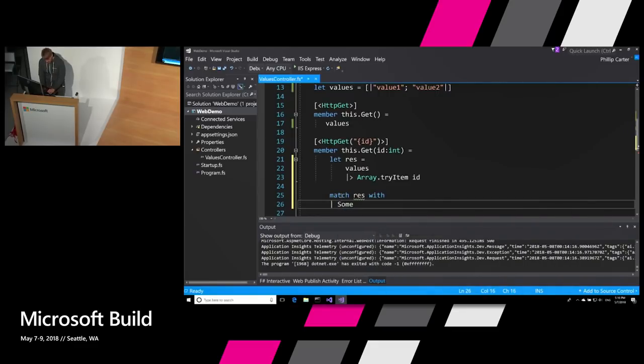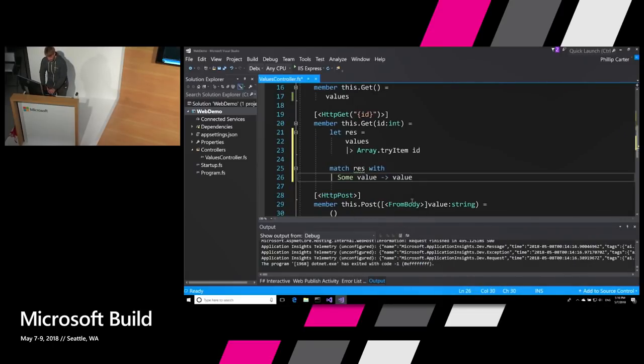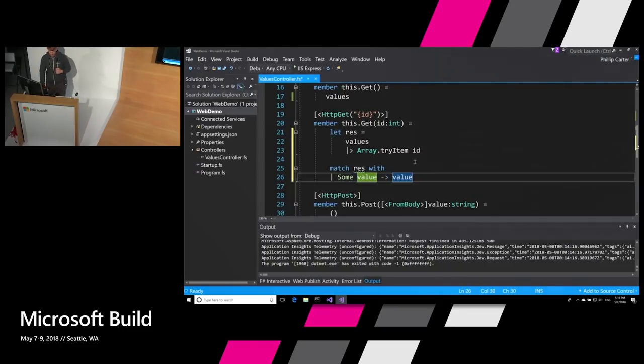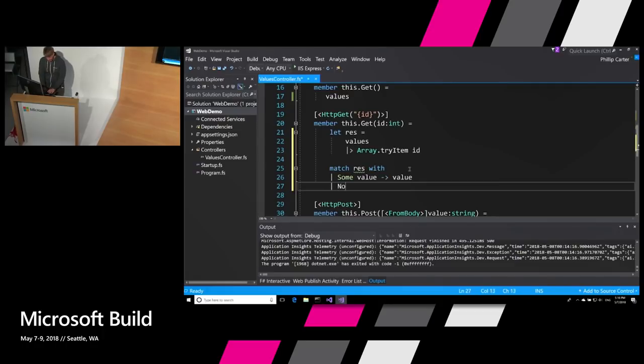So Some value, right? This is saying, hey, there was something there. This has actually wrapped the value in a union case called Some. This is how you extract that out, right? We'll just return the value. That's all good, okay? But however, over here, incomplete pattern matches on this expression. I'm pattern matching on a thing that's an option, and I've pattern matched on the Some case, and then I've said, okay, that should be enough, right? Well, no, that's not enough, and the compiler's yelling at me about that because I have not accounted for the case where there's nothing there, right? So this is, again, the F# compiler being awfully helpful. Okay? In the case of None,